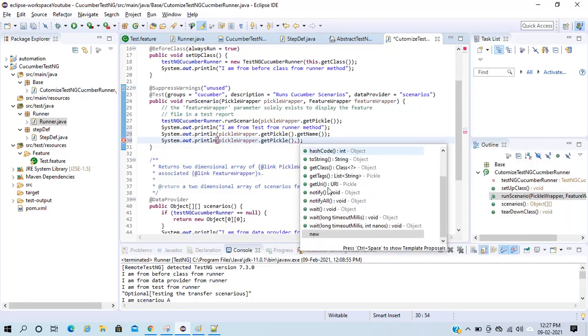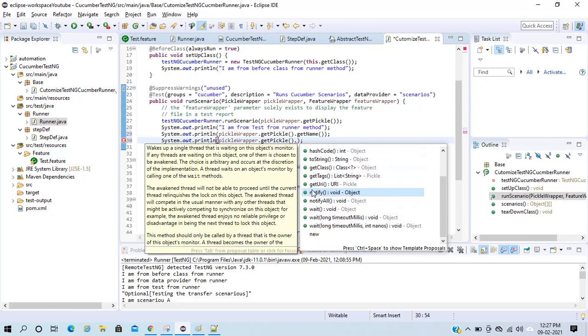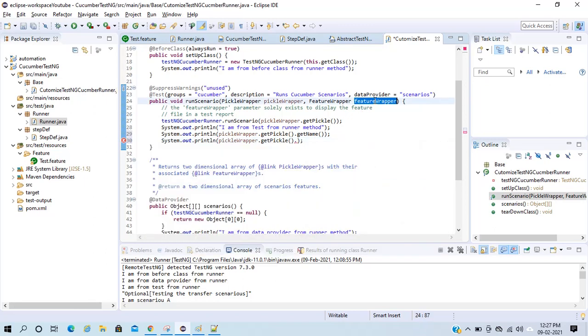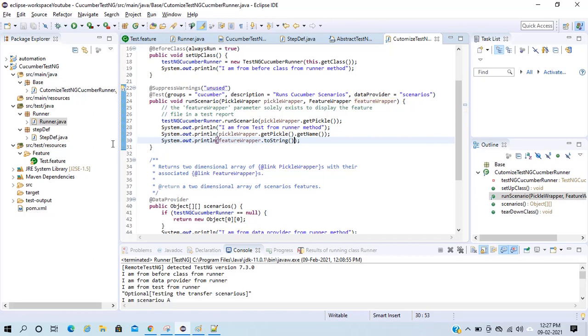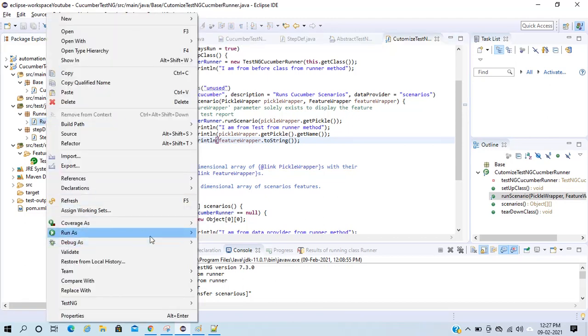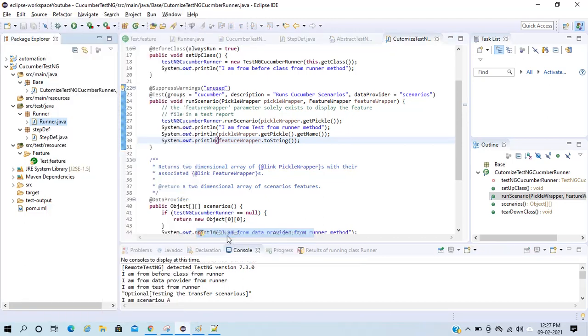There is no method to get the feature name, so I will use feature wrapper dot toString. I will execute this, and let's understand the flow.